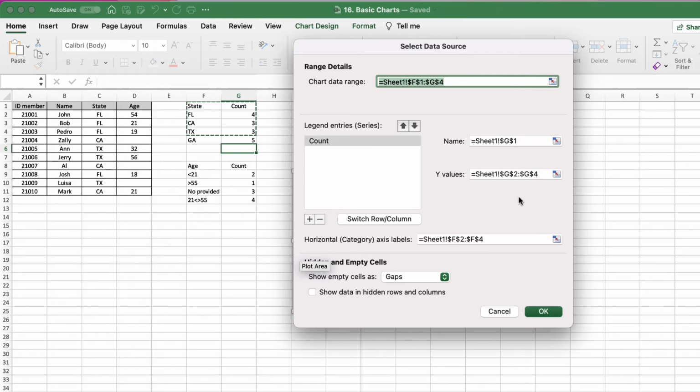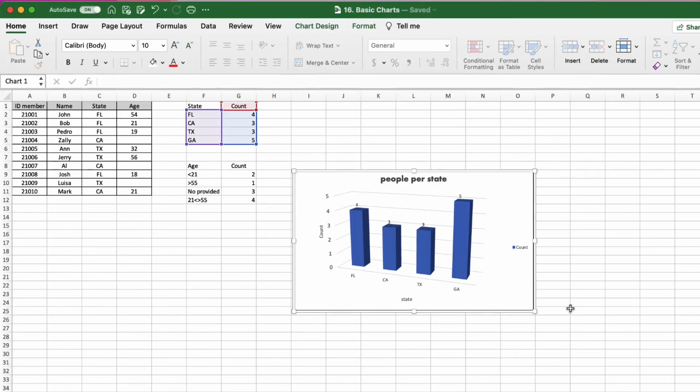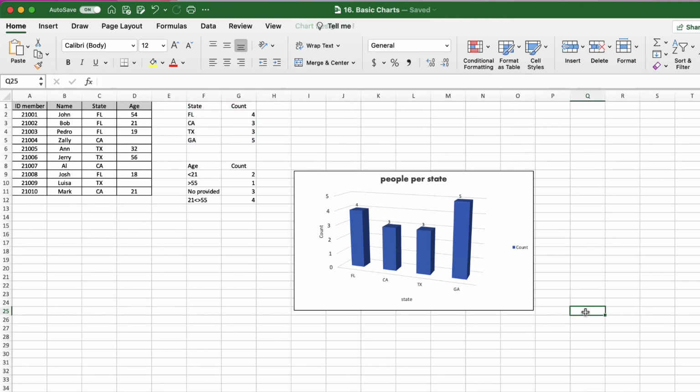To add the Georgia data that is in row 5, we need to increase the Y range from G4 to G5 and the horizontal range as well, from F4 to F5. Then click OK. And we have a similar result. Obviously, it was easier just dragging the selection, but I want to show you both ways because you will need it at some point.